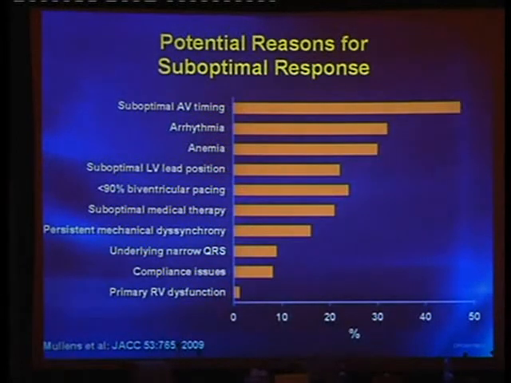But if you look at their data in terms of why CRT patients would have a suboptimal response, I've listed them all here: suboptimal AV timing, arrhythmias that are preventing you from having effective biventricular stimulation, anemia, poor positioning, inadequate percentage of biventricular pacing, and I'm going to come back to that later, persistent mechanical dyssynchrony, suboptimal medical therapy, underlying narrow QRS, that is, they didn't have significant dyssynchrony in the beginning, compliance issues with medications, or primary right ventricular dysfunction, and then